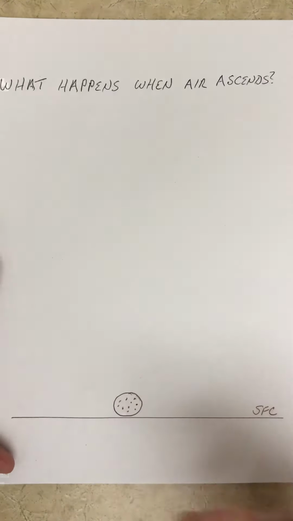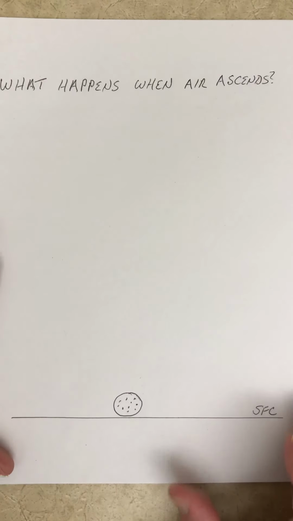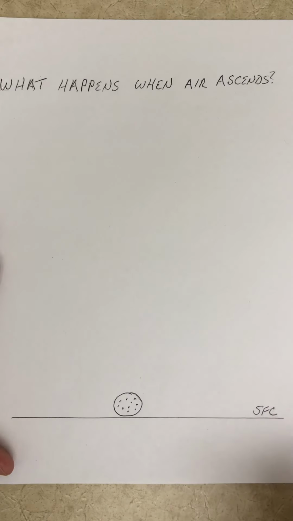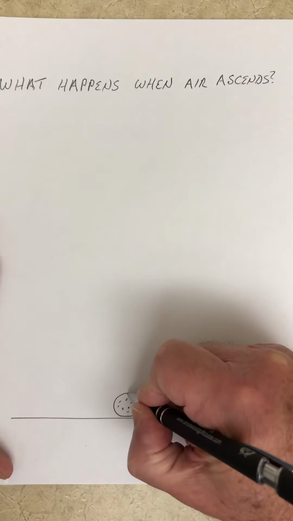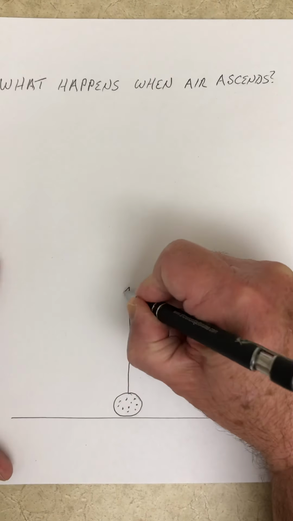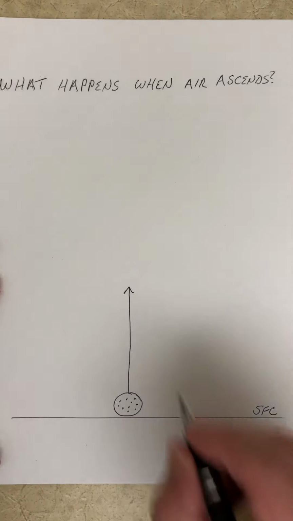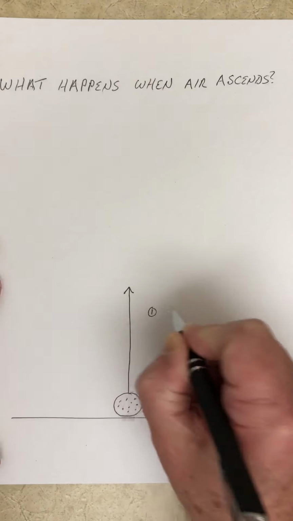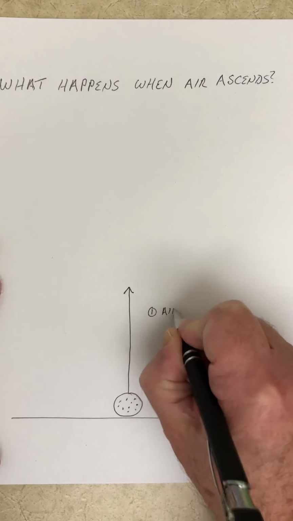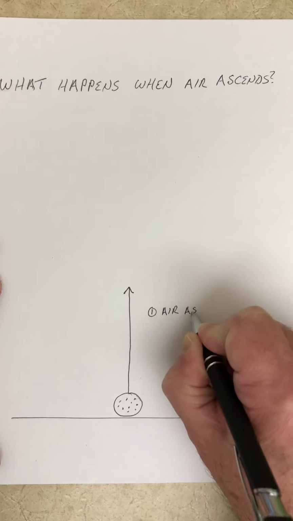Okay, and for whatever reason, and we're going to talk about 4 different reasons why air would ascend or rise. We're going to talk about those later in this chapter. But let's get this air to rise or ascend. Okay, and once we get this parcel to ascend, a whole domino effect or a chain reaction takes place. So the first step is that we get the air to ascend. So the air ascends,